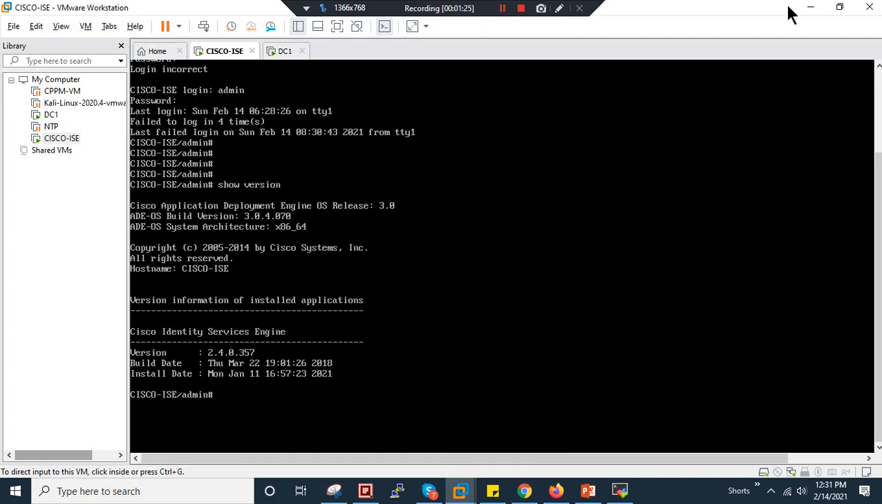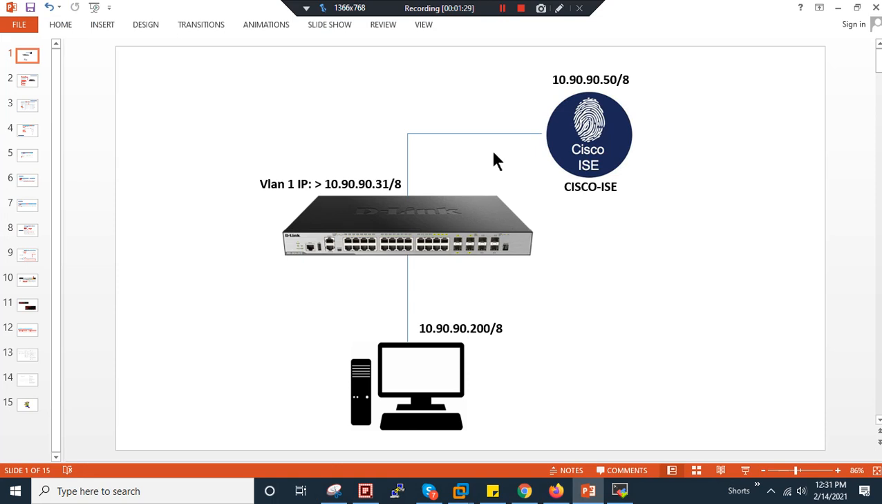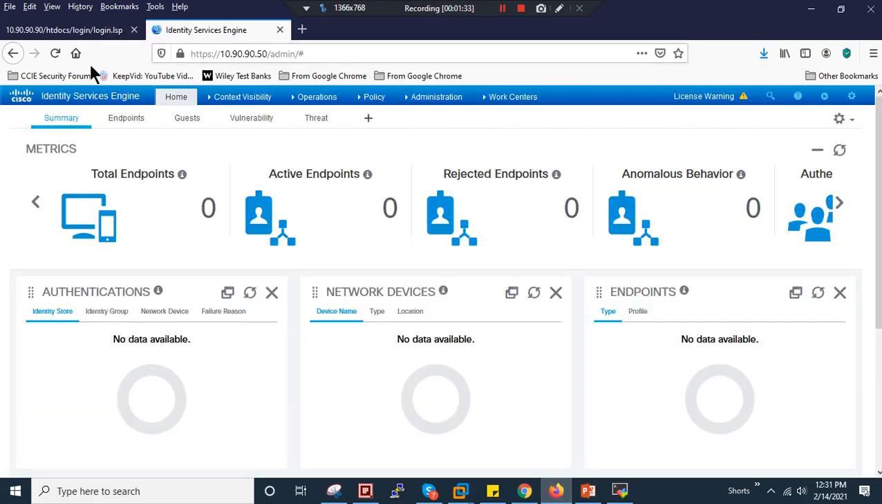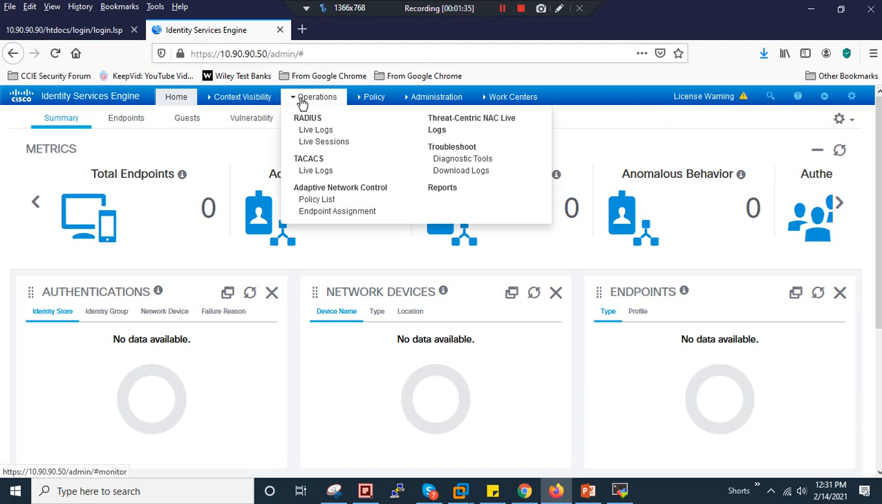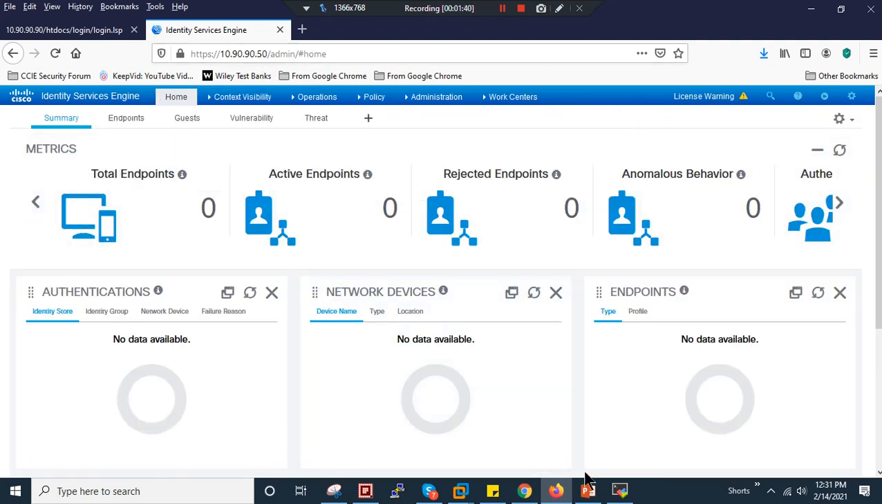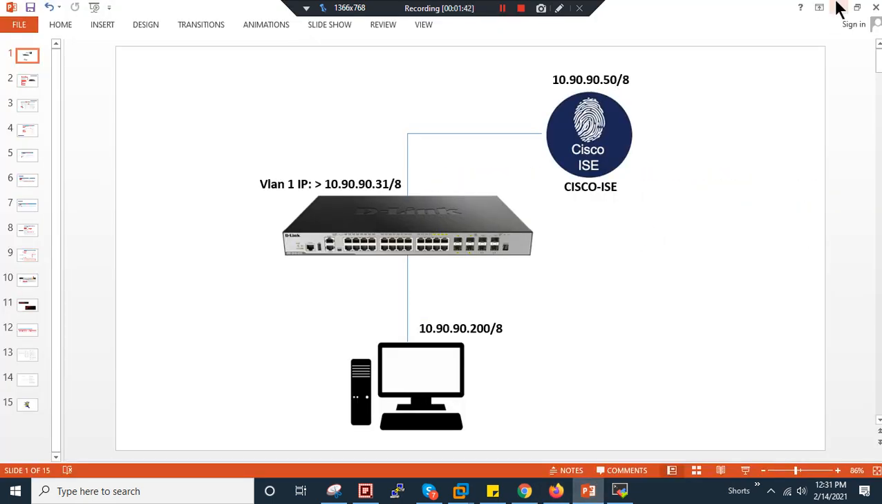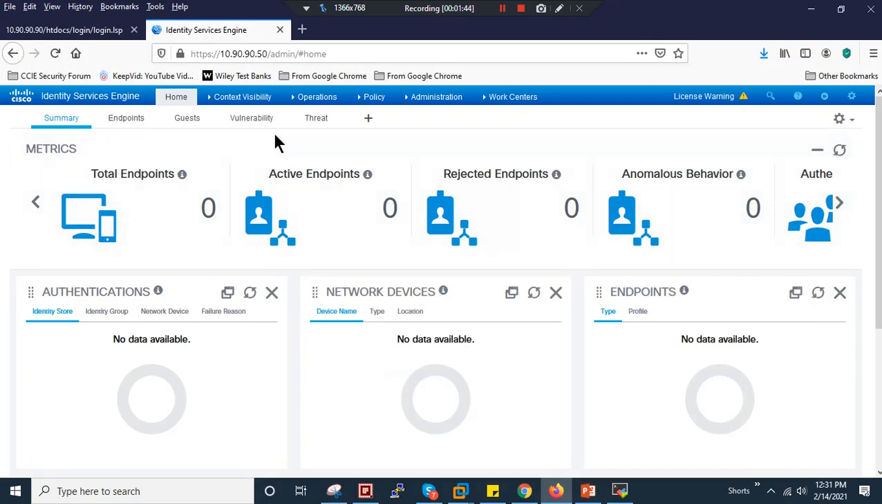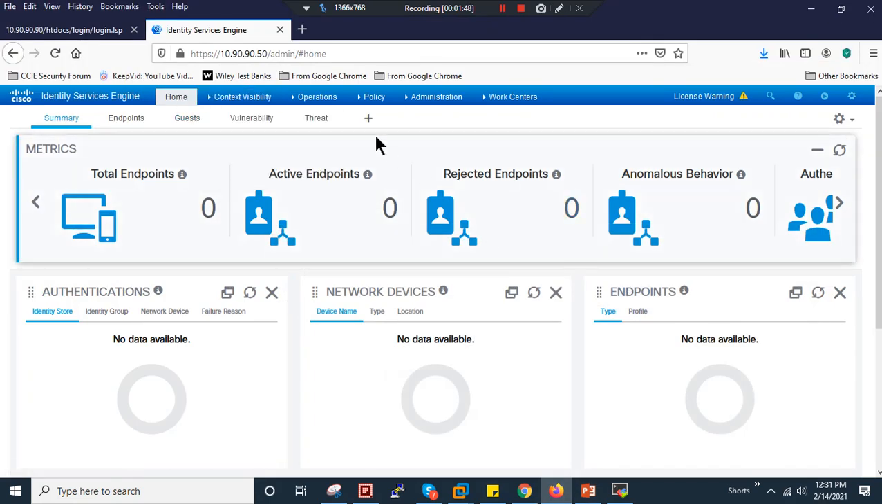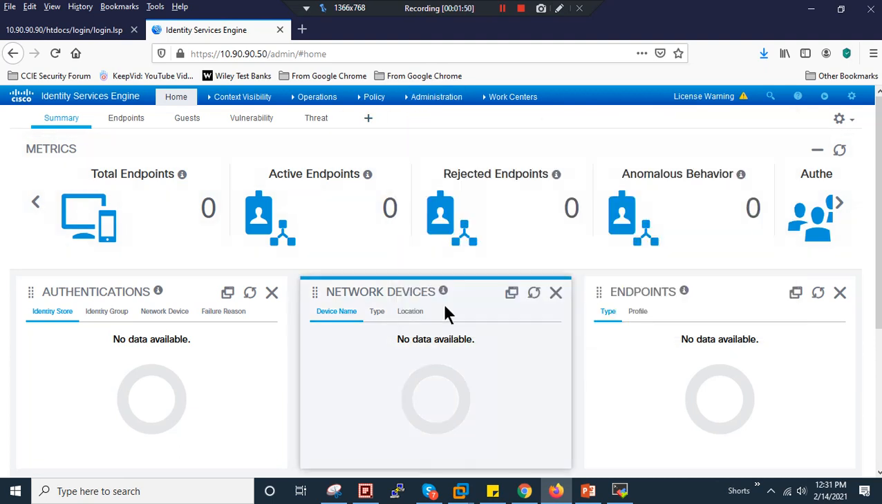I'm using the Firefox web browser, and this is my login page. The IP address of the Cisco ISE, according to my PPT, is 10.90.90.50. Let me show you what I have done, or what you have to do if you are doing the initial